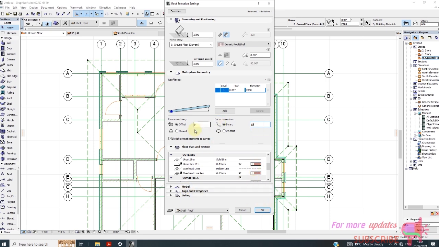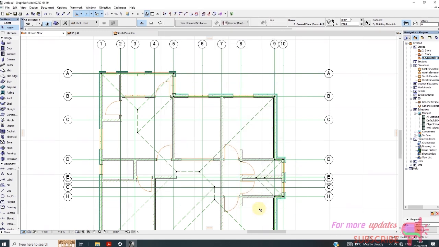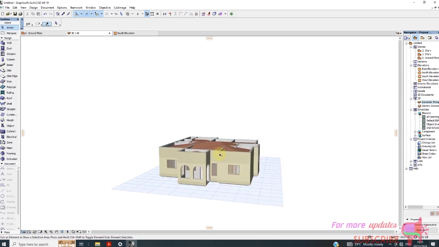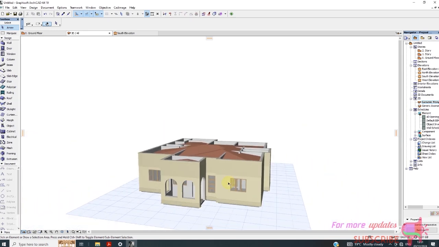Okay. Okay, then let's go to 3D. You can see our roof is hidden,